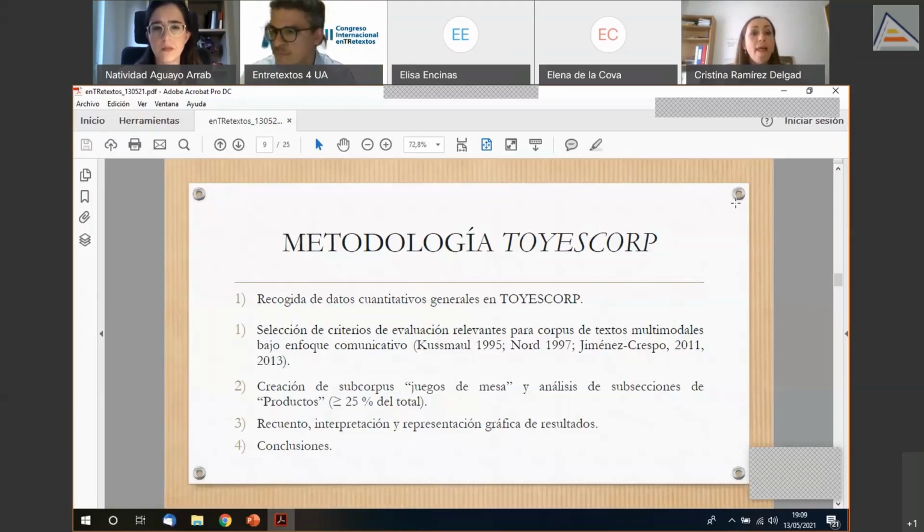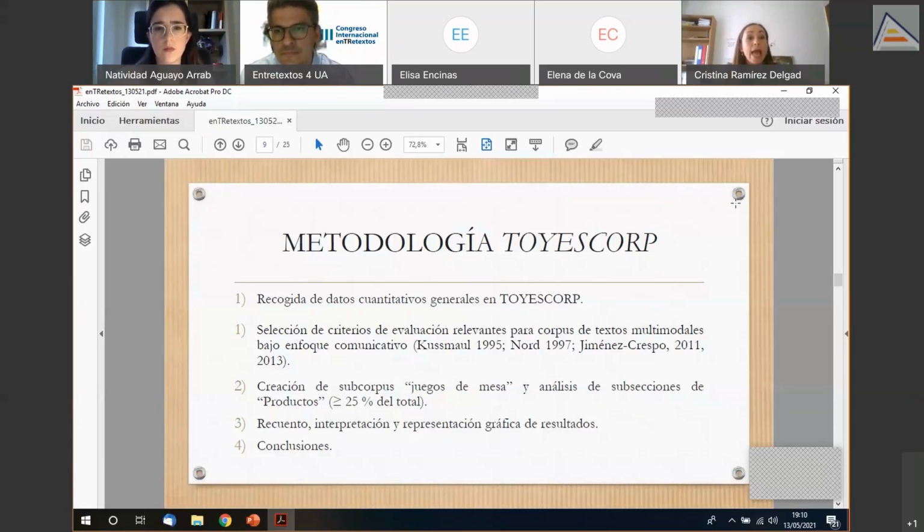Por otro lado, hicimos el cribado del que ya hemos hablado, para centrarnos en esos sitios web que incluían categorías de juegos de mesa y analizar las secciones de productos, solo las de productos. ¿Por qué solo las de productos? Porque la sección de productos es aquella que se centra en la actividad comercial de la empresa. Ahí está el núcleo, el porqué la empresa ofrece un servicio, ofrece productos. Por lo tanto, creemos que es la sección más relevante y además una sección muy recurrente en los sitios web corporativos, obviamente.